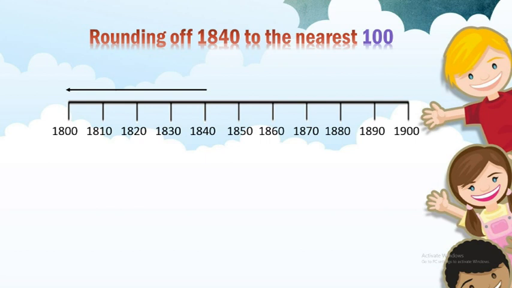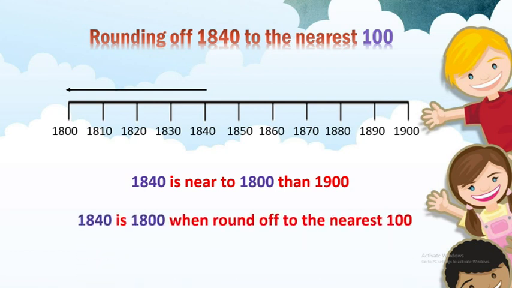Which number is near to 1840? Very good. 1840 is near to 1800. When we round off to the nearest 100, the answer is